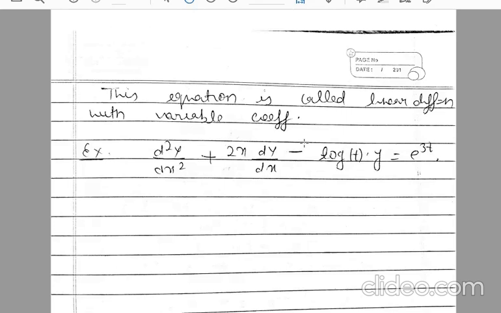In our next session I will share the solution. There are 6 to 7 cases to solve the linear differential equation with variable coefficient or also constant coefficient, and the complementary function and particular integral both. There will be 3 to 4 points, so I will discuss them in our next session, right?